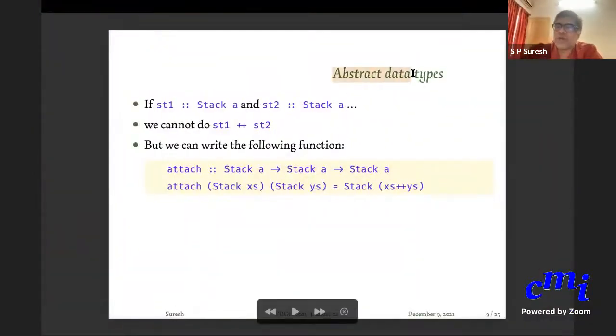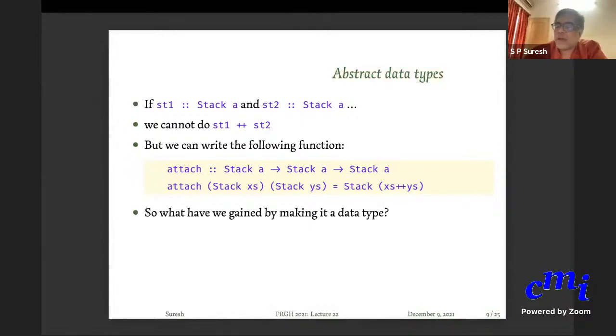If it's just a normal stack that you are interested in, it is fine. But you want to provide this whole thing as an abstract data type. It is abstract because you are not telling what the concrete representation of the data is. You are just saying, I am providing you some data type. We call it a stack. It stores some collection. Don't worry how it stores the collection. You can create a new stack from a list. You can do this operation on the stack. That's all you can do.